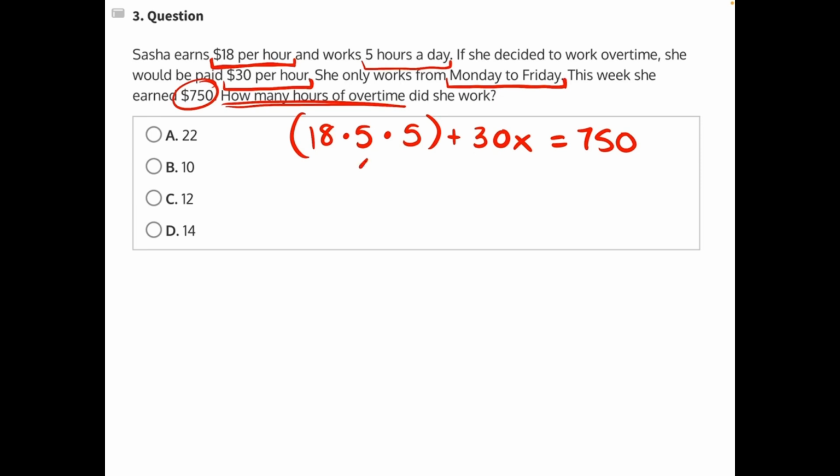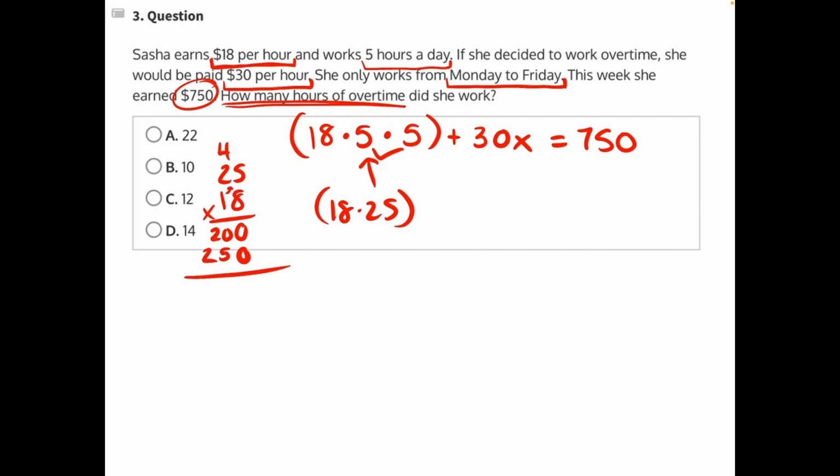Let's start by resolving these parentheses here. 5 times 5 will give us 25. And then 18 times 25 we can pull off to the side here. 8 times 5 is 40. 8 times 2 is 16, plus 4 is 20, placeholder 0. Anything times 1 is just itself, so we'll put 25. When we add these together, we will get 450. So $450 is how much she made without overtime, but once we add overtime, we will have a grand total